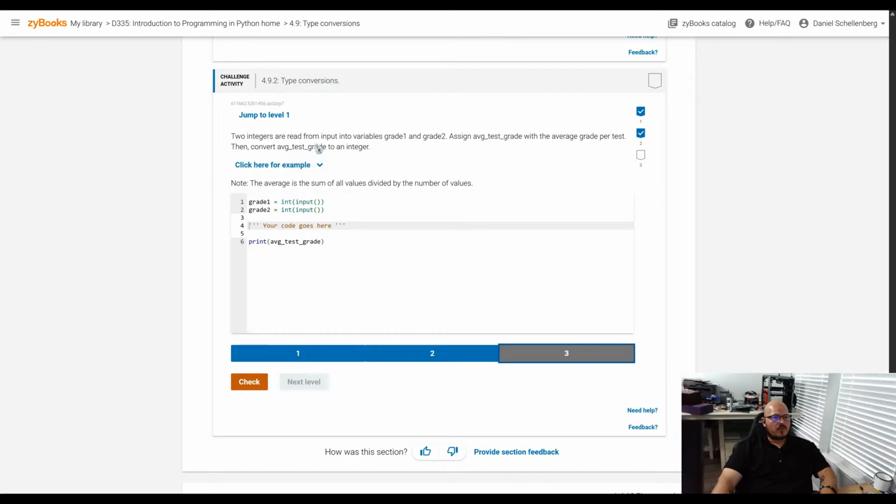Two integers are read from input. So two integers right here into variables grade 1 and grade 2. Assign average test grade with the average grade per test, then convert the average grade into an integer. Okay, so I'm going to do int because I know I want to convert it into an integer. And it says to get the average grade per test, right? And the way we do that is